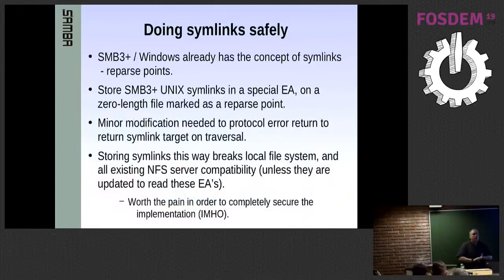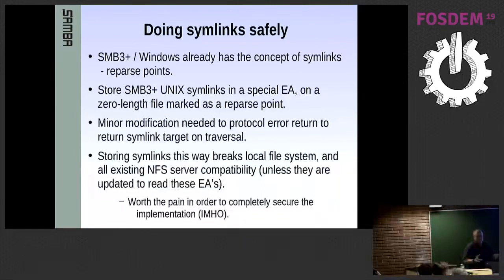Well, Windows already has a concept of reparse points. Unfortunately, as in many things with Windows, they're an over-designed mess. You can have reparse points on directories, on files, you can turn a file into a reparse point, you can turn it back. There's all sorts of weird stuff that you can do with it that I just don't want to deal with. So for SMB3 Unix symlinks, what I've decided to say is you can create a zero-length file and turn it into a reparse point and store the symlink there in a special extended attribute, but